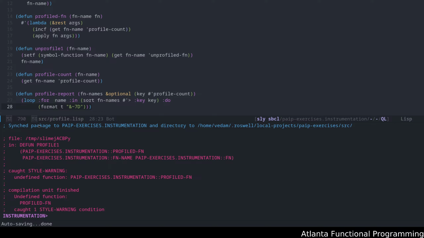So tilde 7D is basically putting it in decimal places, maximizing it to, I think, 7 places. Here we go, fresh line. So this is a fresh line, and then it's going to provide the information related to the actual profile count. Okay, and so we do a space.